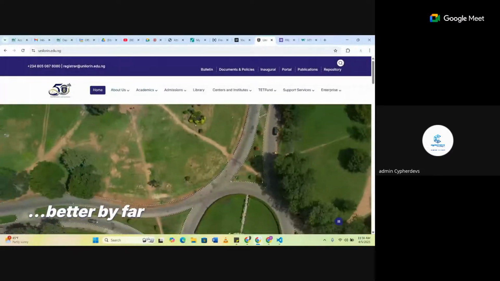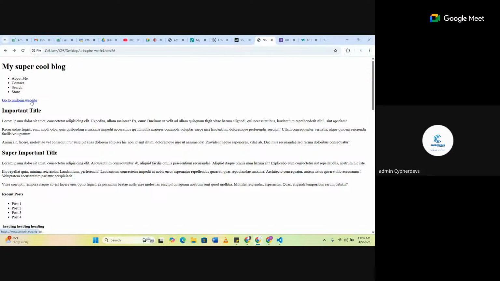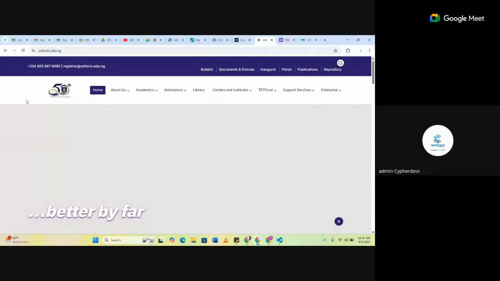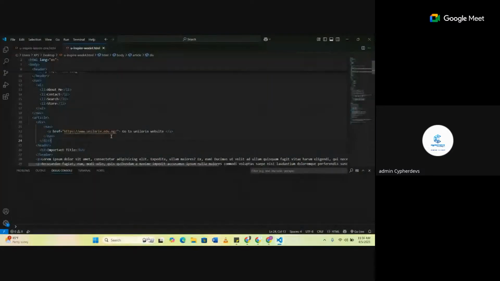So I can go back. Now you notice that when I click on Unilorin, it opens it. Look at this. It loads it on the same page. If I want to make it do something nice, I can just click on this